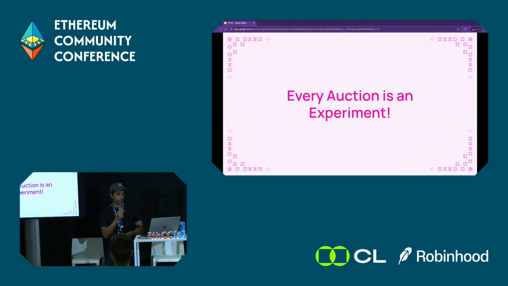Okay, so if we start thinking about auctions having observable quantities, we can also upgrade how we think about auctions. Auctions aren't just pricing mechanisms. We can think of them as little experiments. Every time we run an auction, we set parameters, we run an experiment, we observe the outcome. And this is how the reinforcement learning is going to work. And this way, again, you don't need any external quotes or oracles. It's just pure open book feedback because of DeFi.